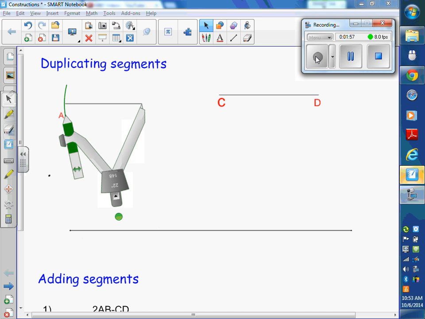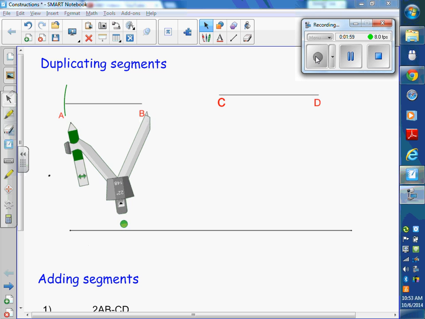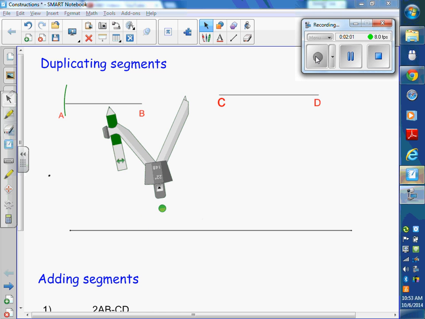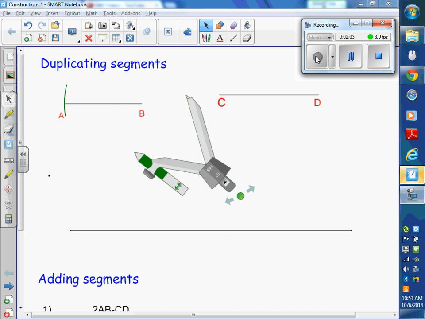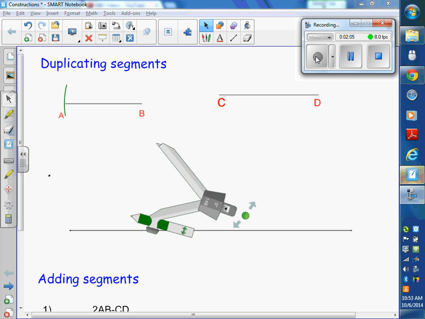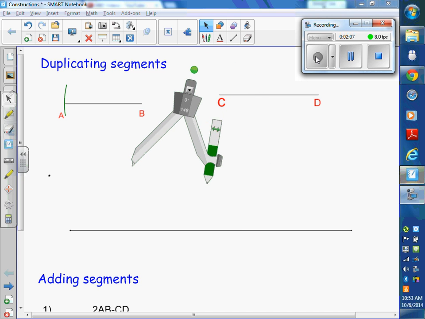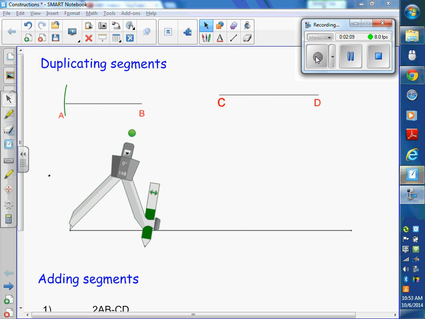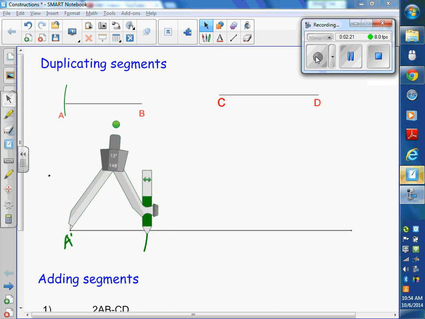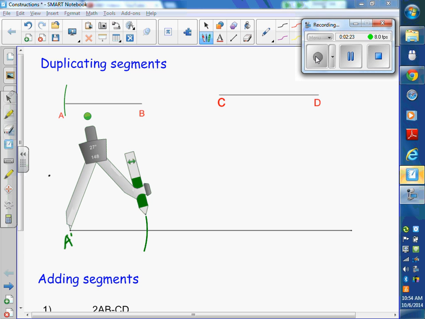if I asked you to copy a segment, I should say AB, then after I get that setting, I'm going to just move my compass down to a line, and either you'll be told where to do it, or the tradition would be, if this is going to be A, then you would put a little tick mark, A prime, that's copying A, where you're starting, and then you make an arc, and you would just mark the arc B prime,